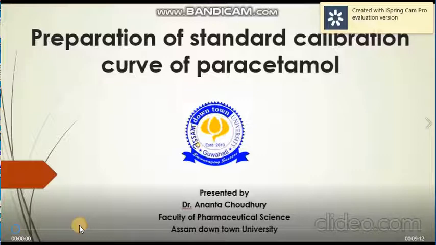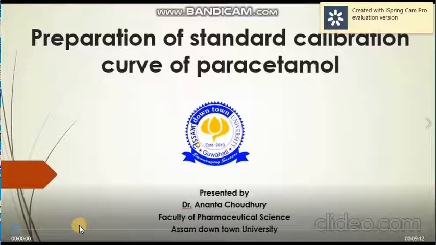Paracetamol, as you all know, is a drug mostly used as an SOS drug, and today we will understand how we find the standard calibration curve, which is one of the most essential parts to find out other parameters like dissolution, in vitro drug release study and all. So calibration curve indeed is the most important part of doing this kind of study. So